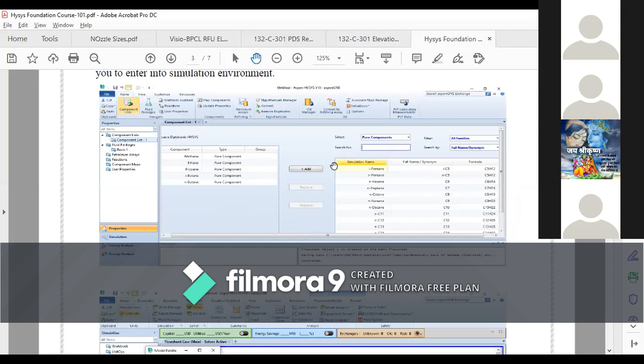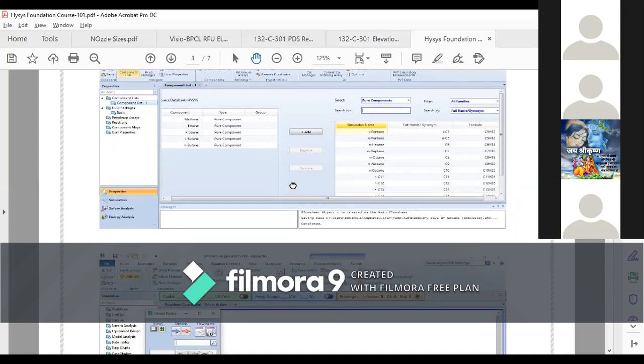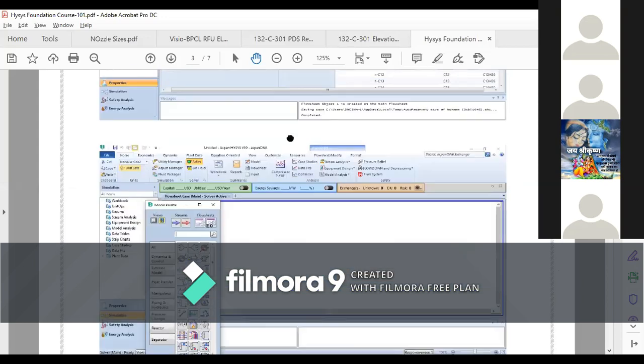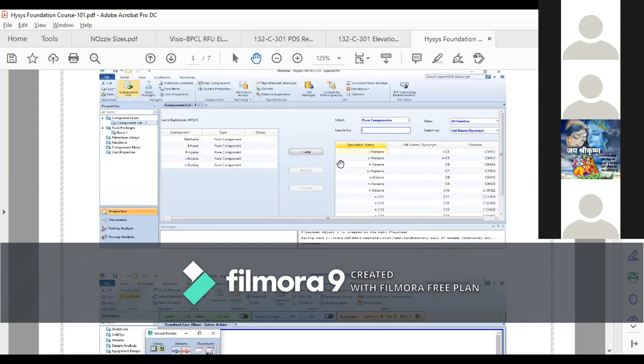Those components may be pure components, hypothetical components, or if you are working for a refinery or any petrochemicals, you may come across an assay that you will have to characterize and break down into pseudo components. Then you will proceed for the simulation. So we will go through pure component, hypo component, meaning hypothetical components, then assay characterization, meaning you are having